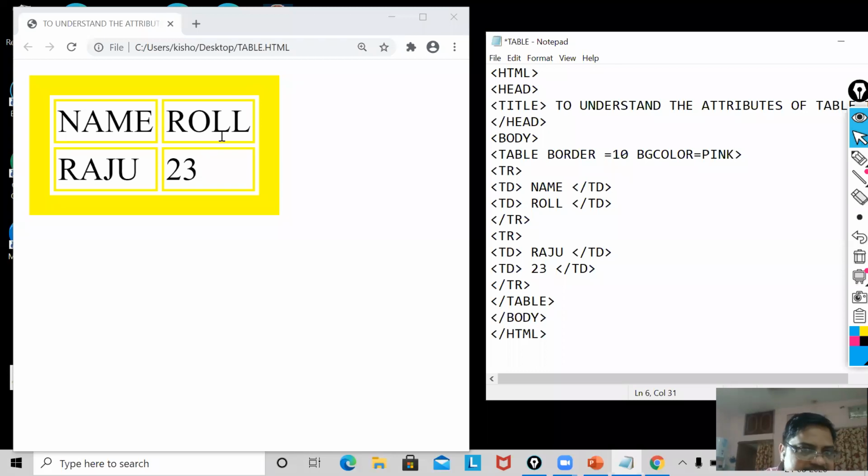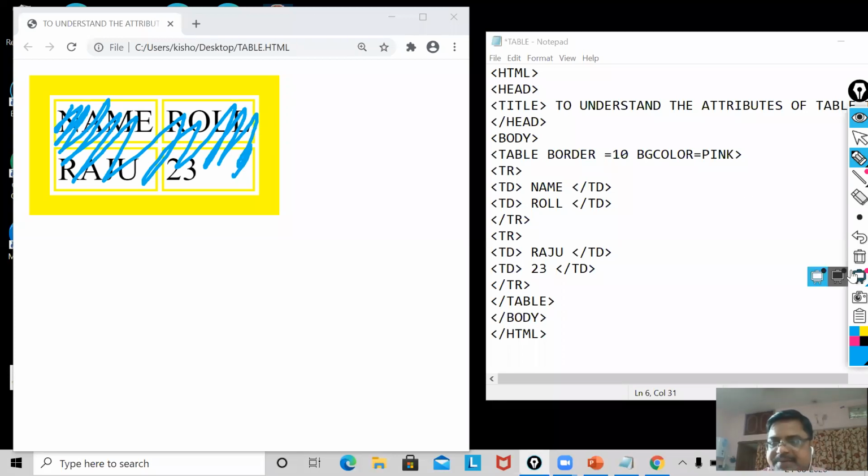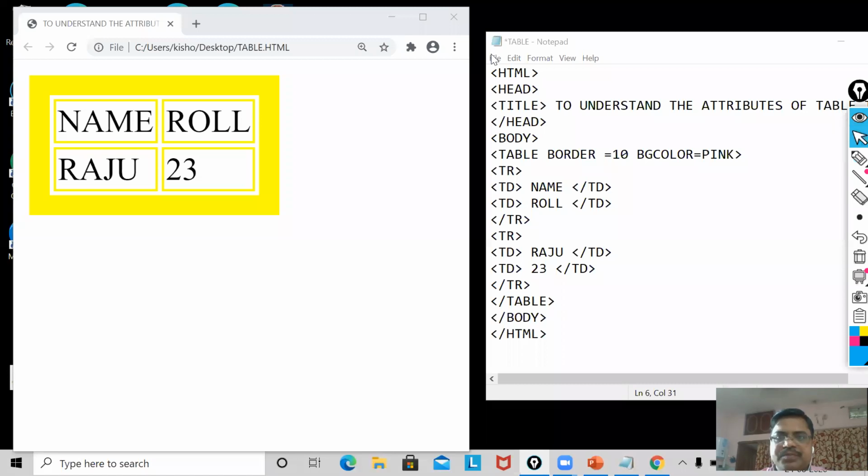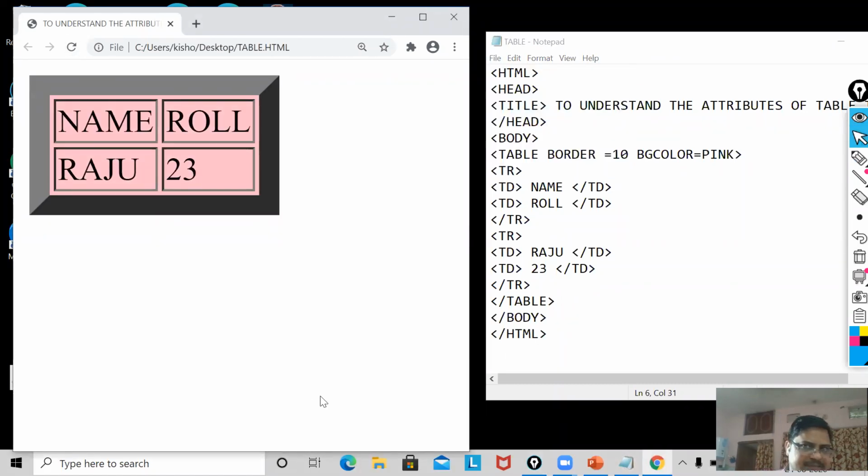Now you see, this is the background. You see, my dear, let me show you. This is my background. This background, which is showing white, will now be changed into pink. Now, I'm going to save this and reload it. It has come pink. Then you will say, so where did yellow go? I have removed the border color, so that's why the border color is not there. You can specify border color also. But here, bgcolor is pink.